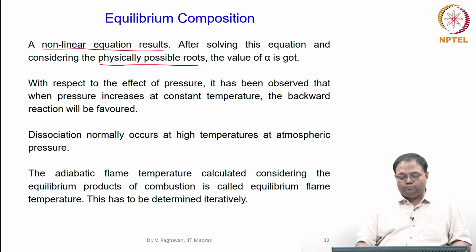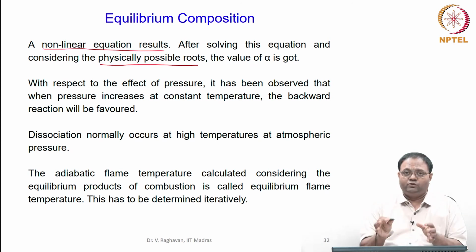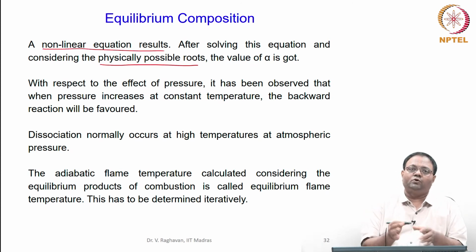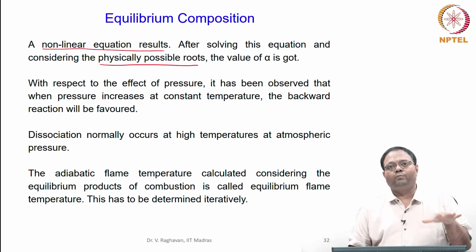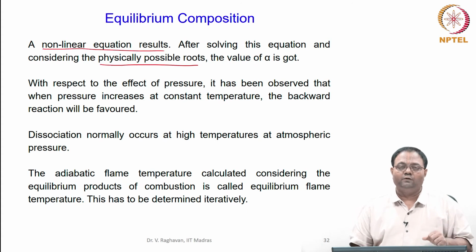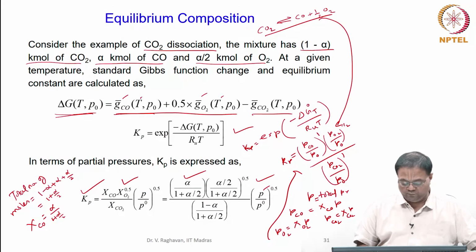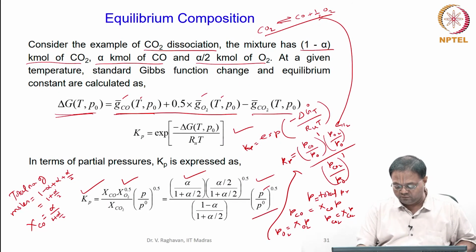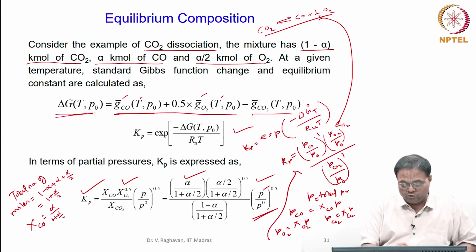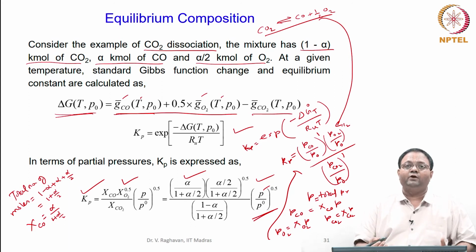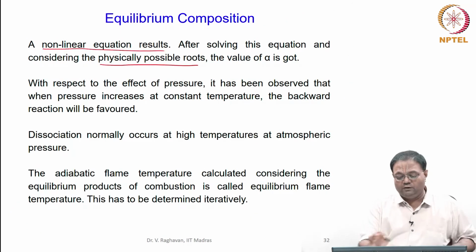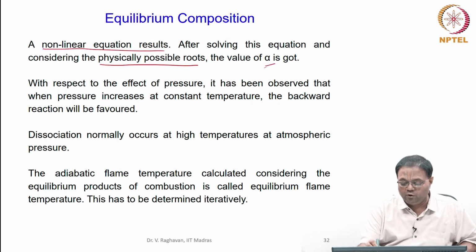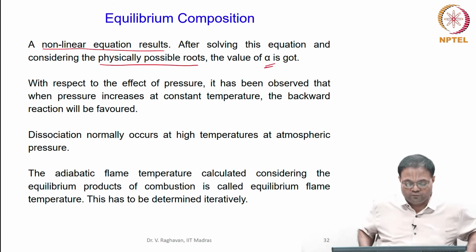Okay, so we know that the Gibbs function change is a function of temperature only. So Kp is a function of temperature only. So the temperature dependence of the products of equilibrium comes due to that. The pressure dependence comes due to the mole fraction and this pressure term here. So with that we take into account both the effects of pressure and temperature and calculate the equilibrium value of a particular species.